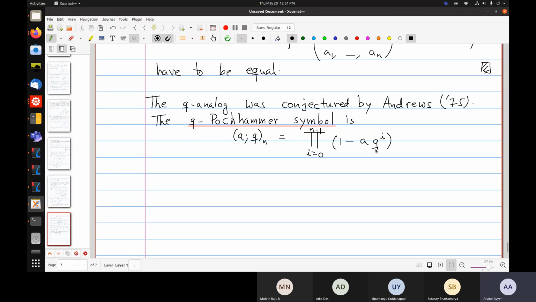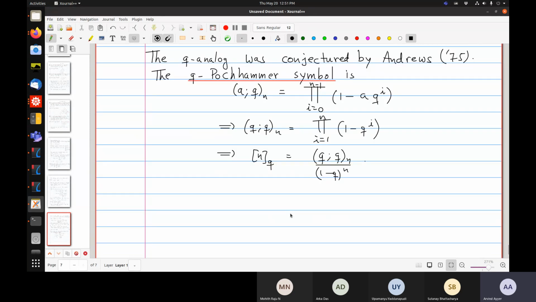Set this way, this looks way too general, but if you set a equal to q, (q;q)_n is the product i equals 1 to n of 1 minus q to the i. If I divide by 1 minus q to the n, I will get the q analog of the n factorial. So [n]_q is (q;q)_n divided by 1 minus q to the n. This is a natural generalization. It has many terms, but